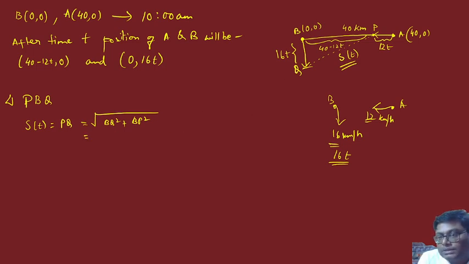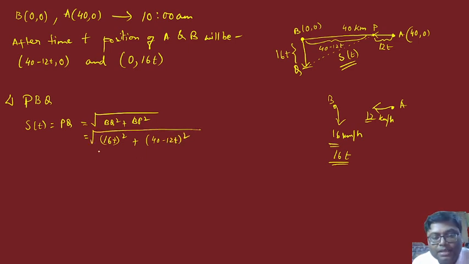BQ according to this diagram, BQ is 16t, square. Okay, and BP means 40 minus 12t, 40 minus 12t square. Okay, now if I just do this calculation, so what will happen? It will be